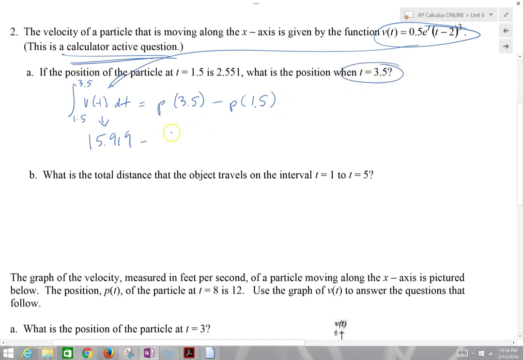We don't know p of 3.5, but we do know p of 1.5, which is 2.551. And then we solve for p of 3.5. So we add 2.551 to both sides, and we get p of 3.5 is equal to